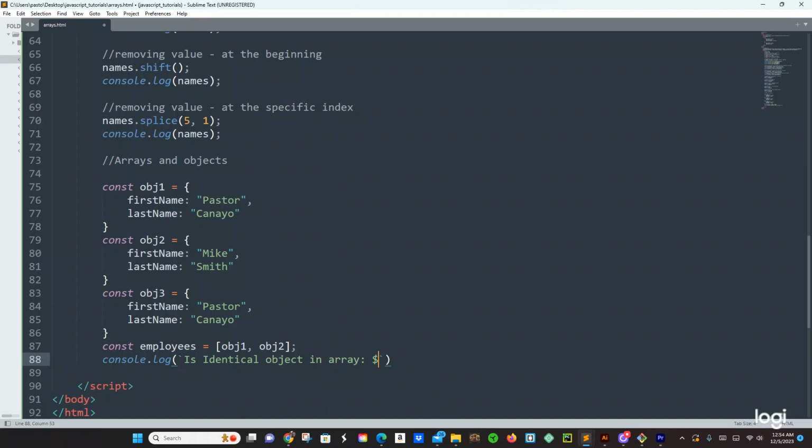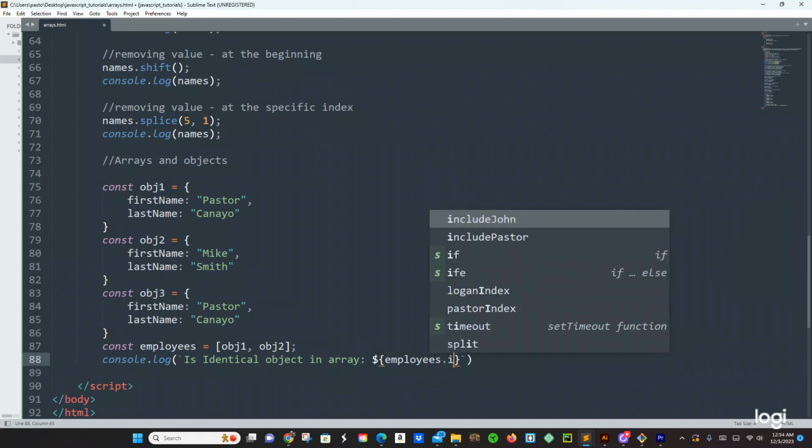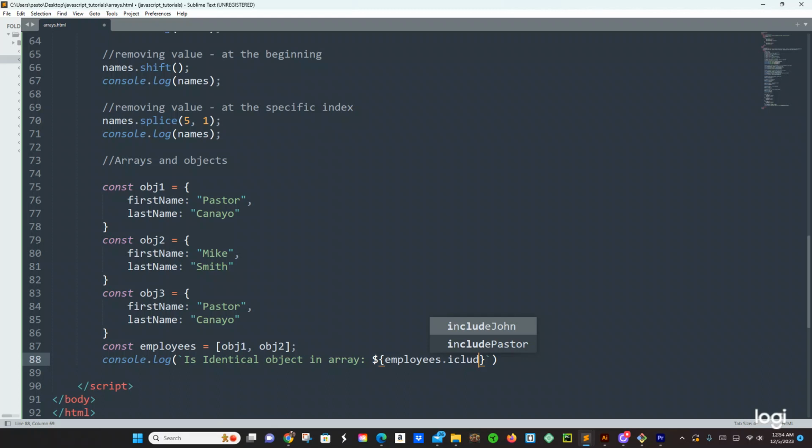String interpolation right here, we're going to use that. We're going to be using employees.includes, oh yeah, includes, open close parentheses. We're going to say object 1, object 1, semicolon. Yeah, we have object 1, right, which is this right here. So let's just save it and check